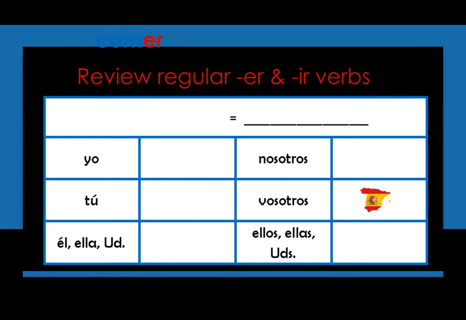Let's look at the verb comer. Comer means to eat. I've seen some of you eat, and it does look like that. Well, if it's a regular verb, we're going to chop and add. You can see that the base of the comer, or the root, is in blue, C-O-M. The ending, it's an ER verb,